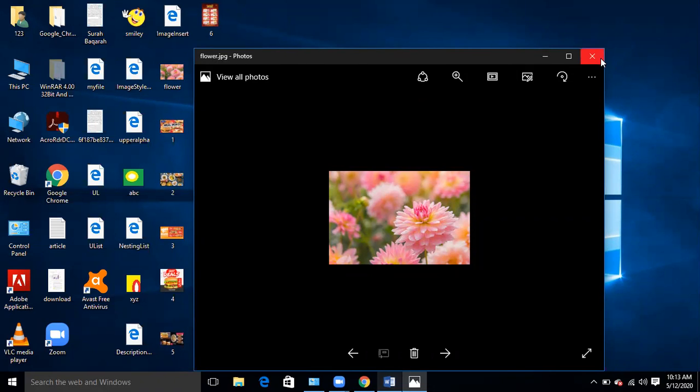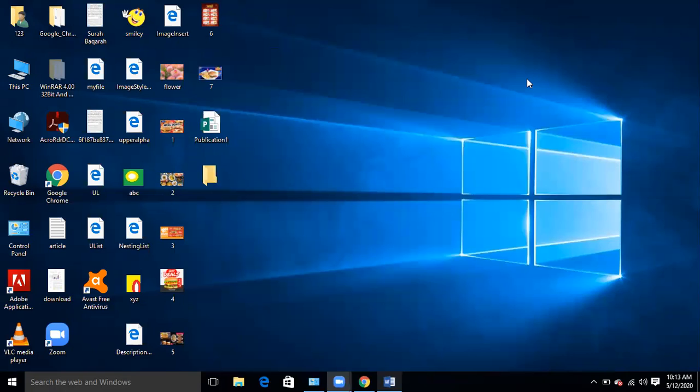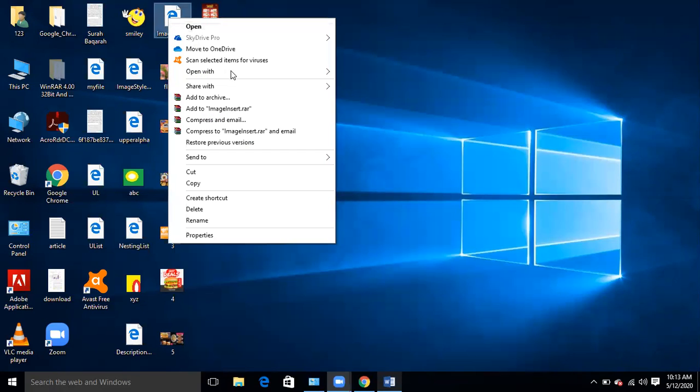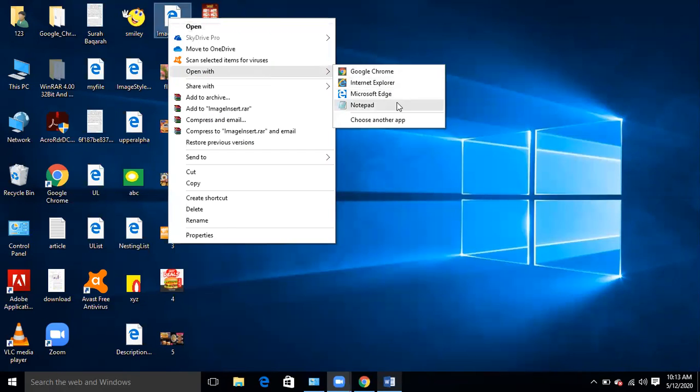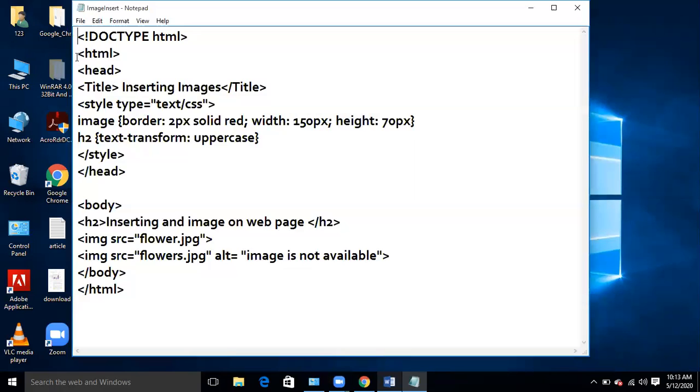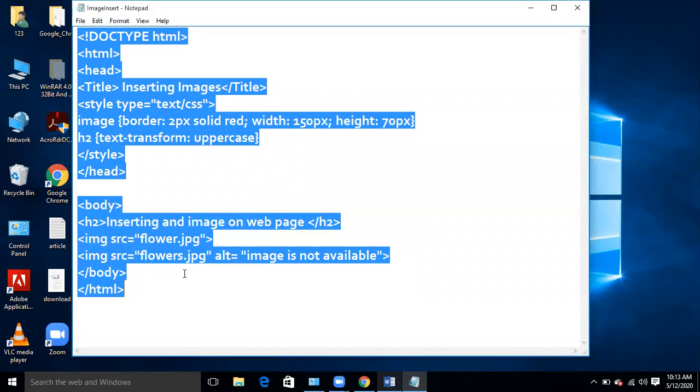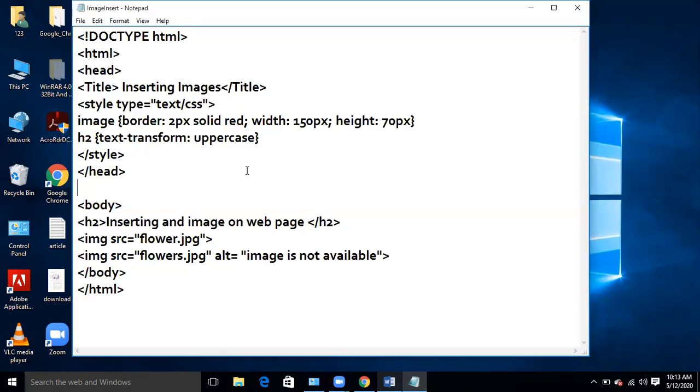So this is the picture that I want to include in my HTML. How will I do this job? I am going to explain this code to you. Just try to understand it. Please pay attention. I have written this code in order to save time.